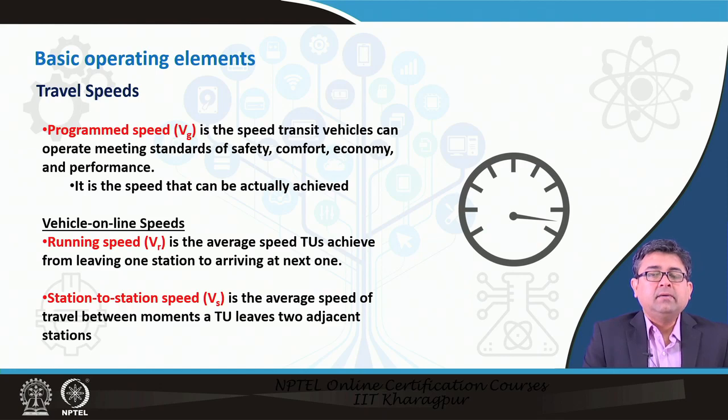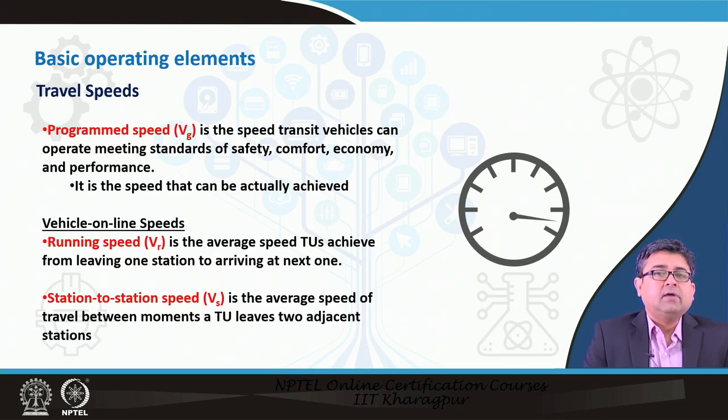So, you would see that sometimes buses are traveling on the road, but the roads are empty and you would think, why aren't the buses speeding up? This empty road, you can go fast, but they are programmed to go at a certain speed because they have to maintain their schedule at each stop, because people at the next stop know that the bus comes at this point at this time. So, you cannot go fast and bypass that scheduled time. So, there is always a programmed speed associated with it. So, that is what essentially a programmed speed means.